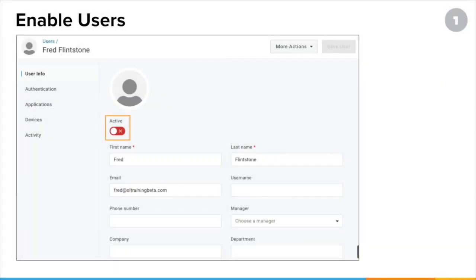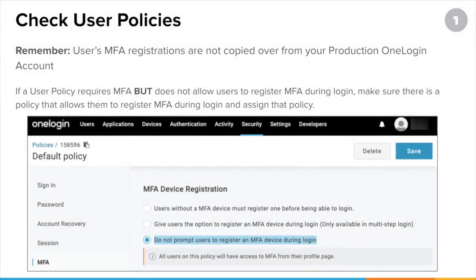Keep in mind, all users except the account owner are disabled by default in the sandbox. So if you want other users to log into the sandbox, you'll have to manually enable them first. And again, remember that users' registered MFA devices are not part of what is cloned for security reasons. Therefore, if a user policy requires MFA and is set to not prompt users to register their MFA during login, they will not be able to log into the